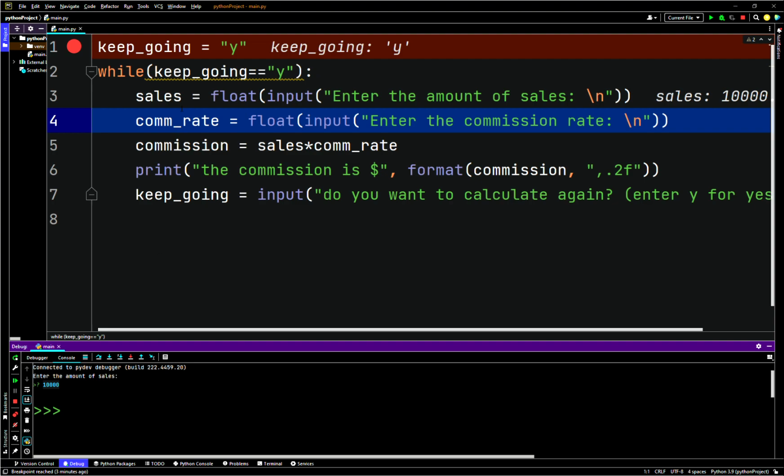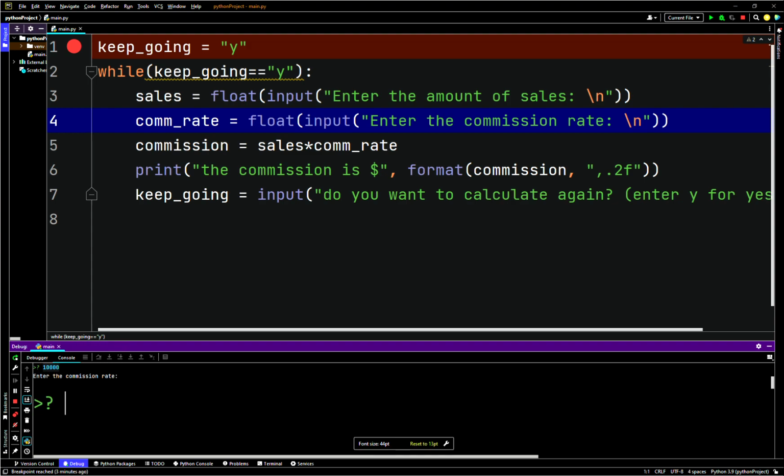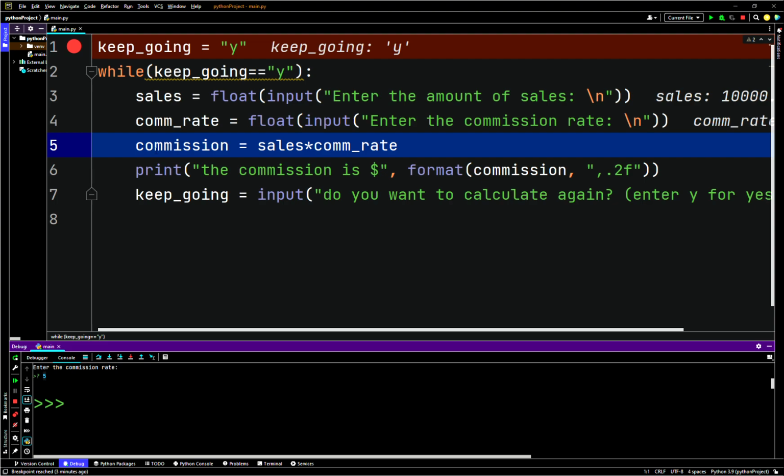I'll hit enter, and we'll say, okay, well, commission rate points to float. So again, we're going to take input for the commission rate. I'll step over here, we'll just say that the commission rate's like 5%. Then here we'll say commission points to,